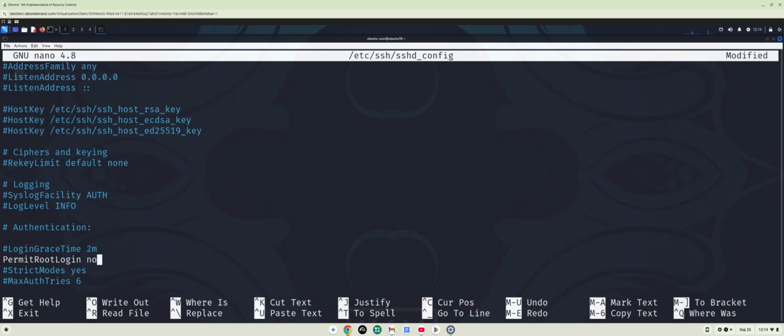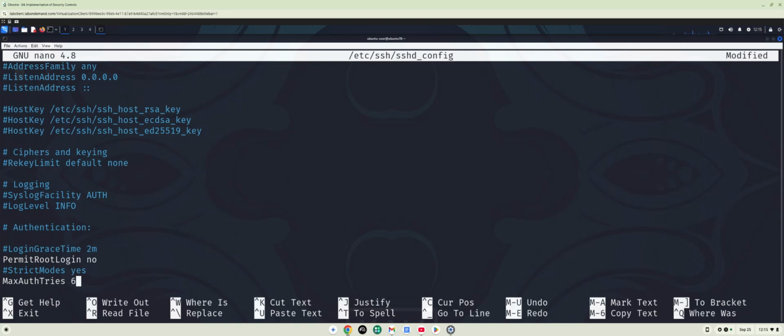So if we do have an attacker or someone that manages to access root privileges or the root account, they won't be able to log in to this particular device. And also, we need to look for the max authentication tries. So what this is going to help do is this. I'm going to scroll down here and I'm going to uncomment that. By being commented out, it's not even being applied. So I'm activating it when I uncomment it, and then I'm telling it to only allow 3 tries